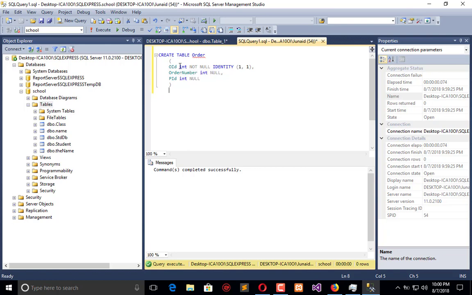Okay, so it is id and not null, then order int also not null, it is the PID. Okay, which is kind of int primary key, right? Okay, it should be written as this,